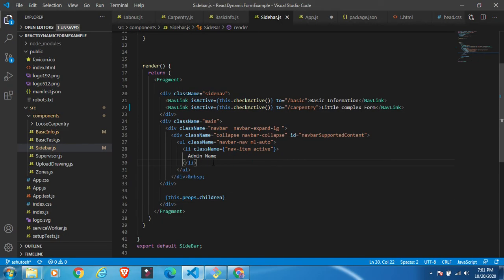So this is very simple. I hope that you are understanding very well. And if you face any problem related to this routing, then definitely let us know. I will also try to explain it in a better way.